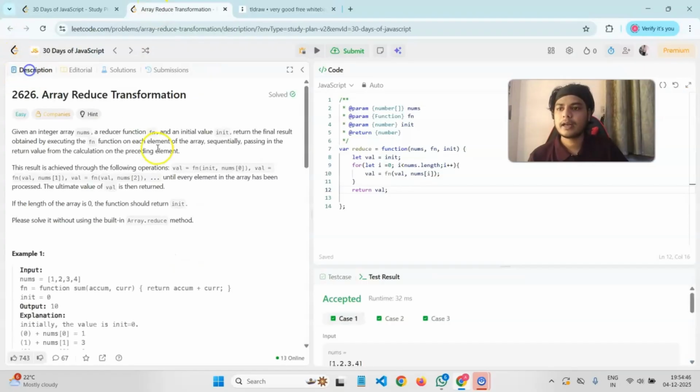Now, one quick minute, and I will give you the summary of this. What we're trying to do here is, we are given three things: a nums array, init, which is some integer, and a function, which they're calling a reducer function. We have to return the final value, where this particular function has been performed on all the elements. If I pass all the elements inside this fn function along with the init value, what will be the cumulative result we need? And that is why we first created a val variable,